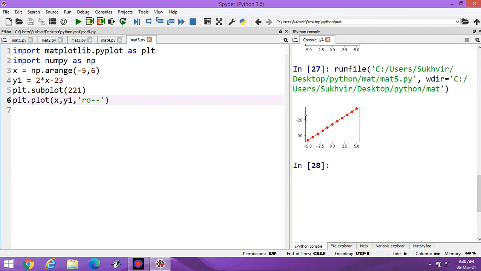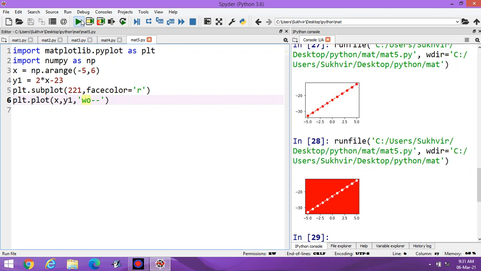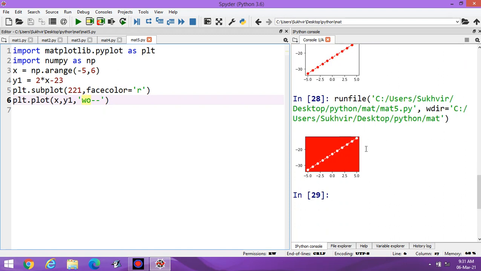You can also change the face color. If I am writing here facecolor is equal to red, and here I am citing white color. We can represent the graph like this. This one is the first graph.